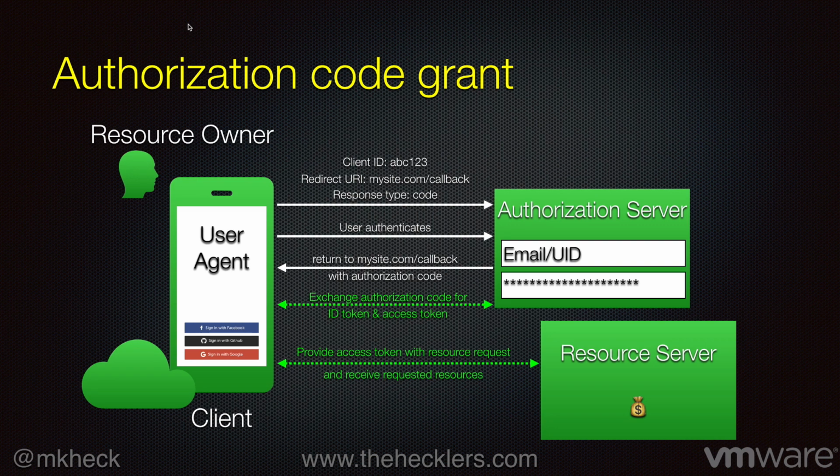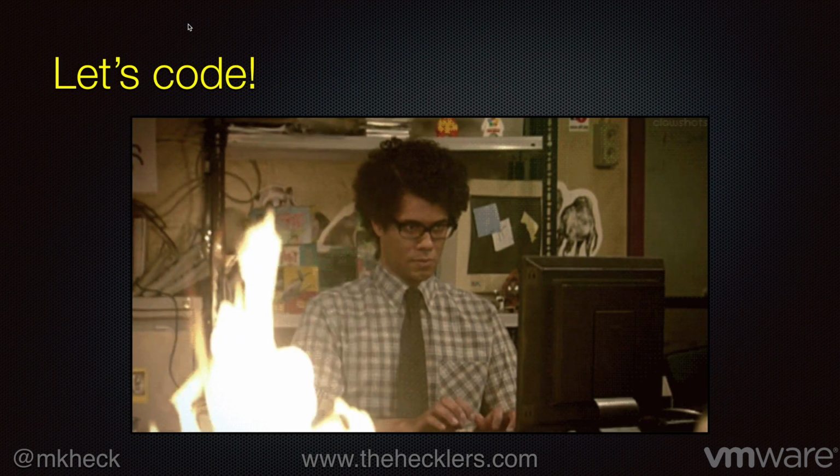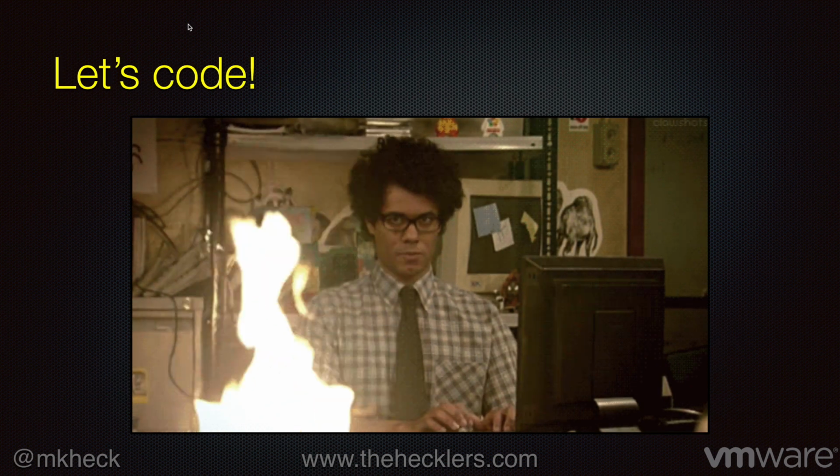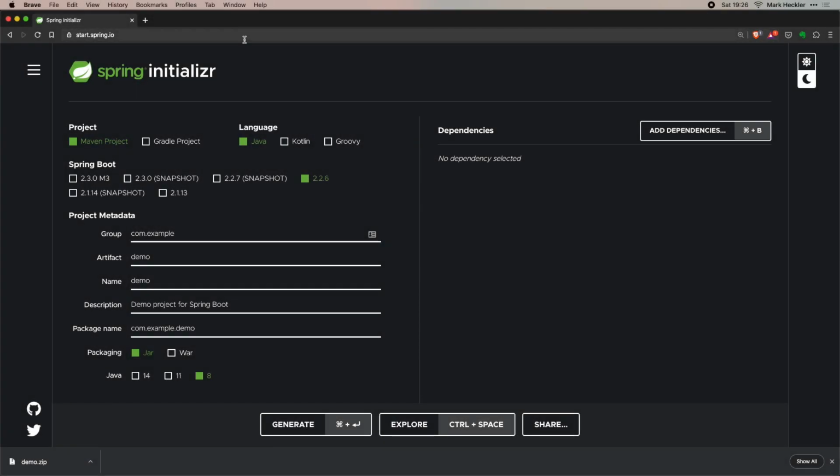So again, it seems a bit complex. Really, when you break it all down, it's not that much. So let's write some code. That's where the rubber meets the road. I'm going to switch now to the Spring Initializr. This is where we start when we create Spring Boot-based microservices, and thus the URL, the